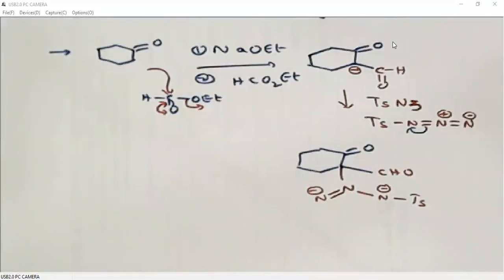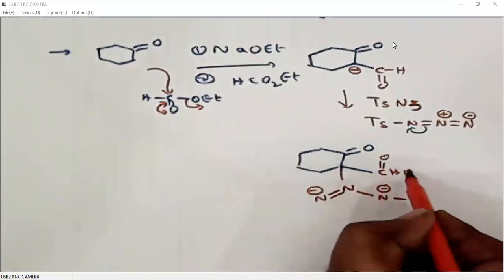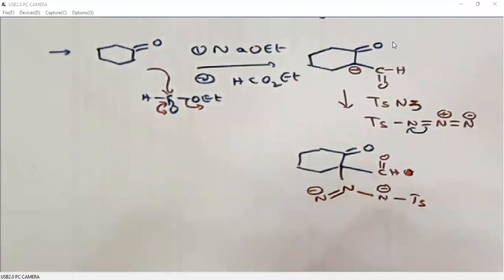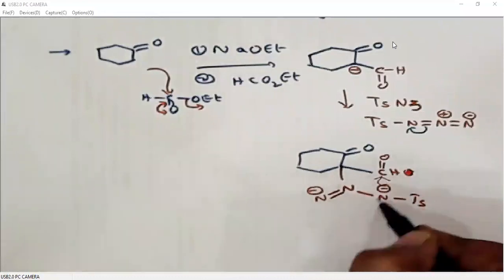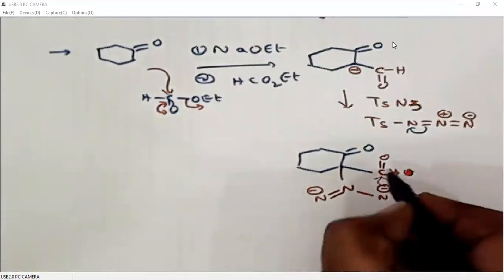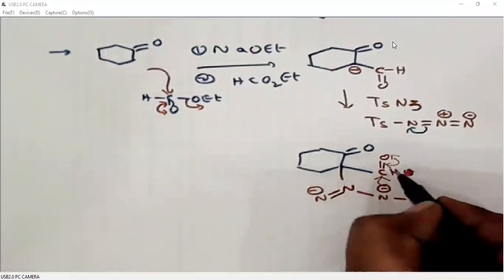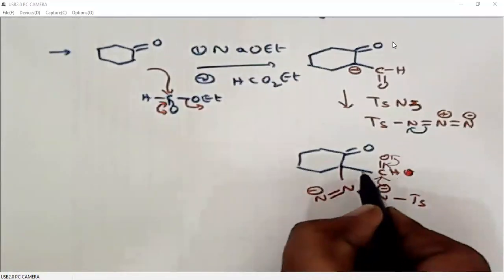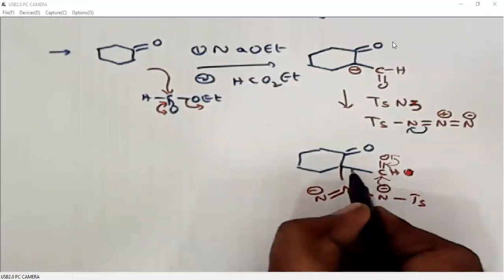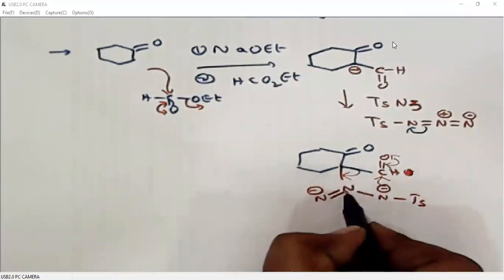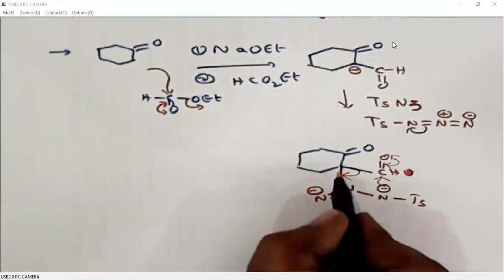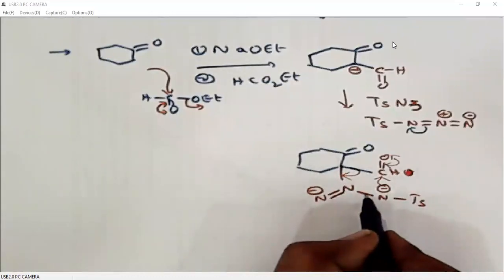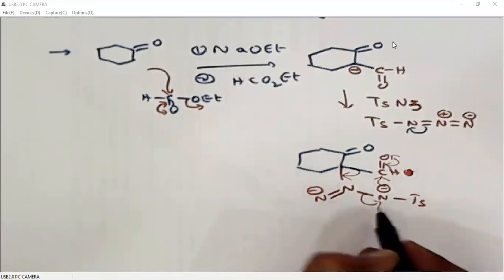Now this N minus, okay, I should write like this. This N minus will attack on carbonyl, so that C double bond O is the first one to polarize. And again it will form. Then this carbon carbonyl bond will break down and it will polarize towards nitrogen, so that it generates diazo compound. Of course, this nitrogen nitrogen bond will break down now.